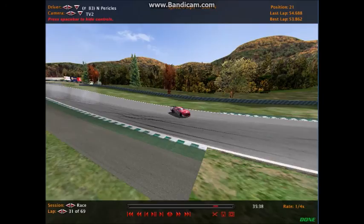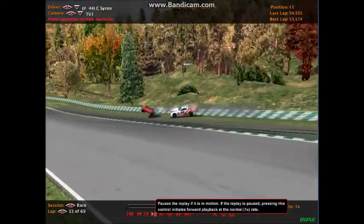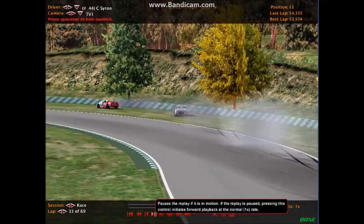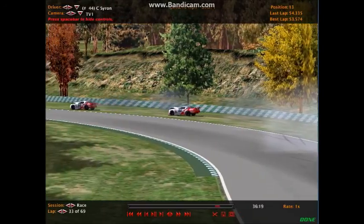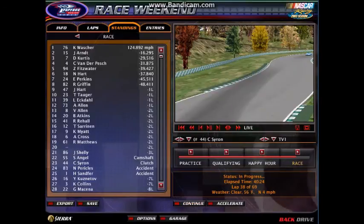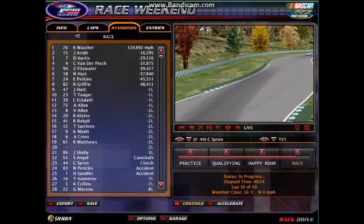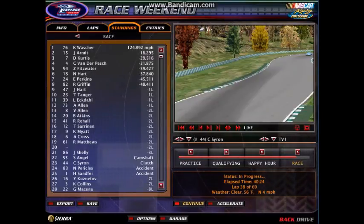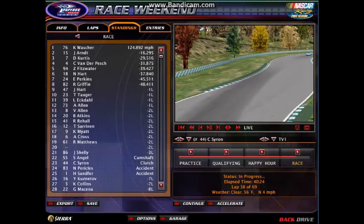That was pretty bad. However, coming to take the red flag, this was right before the incident took place, the lap before. Sean Angel and Cooper Siren would fall out of the race as well, but the race was still going at this point. Here was the running order at the time of the red flag. Chris Washer was leading over John Arndt, DJ Curtis, Christian Vander Pesch, Zachary Fitzwater, Noah Hart, Aaron Perkins, and Ryan Griffin. Jacob Hart, Trek Tauger, Lucian Ekdahl, Alex Allen, Vincent Allen, Ben Atkins, Roman Rahal, Tuomas Saarinen,